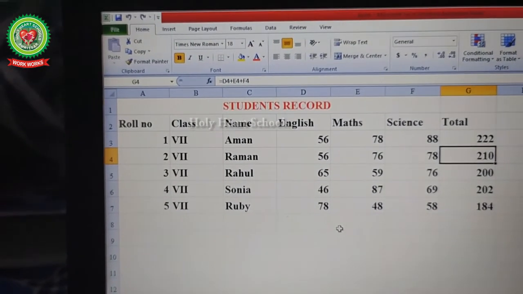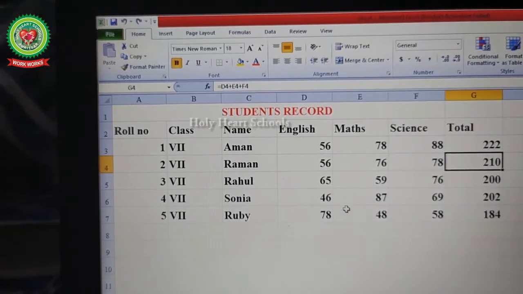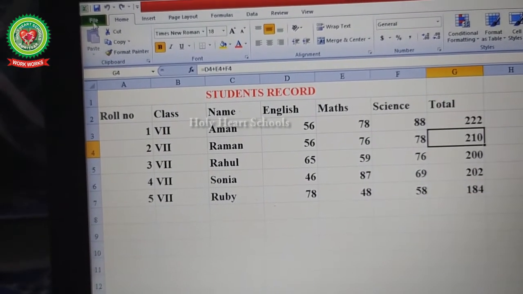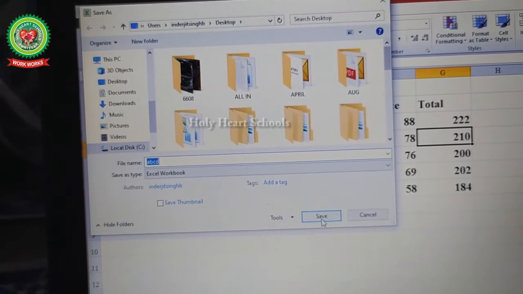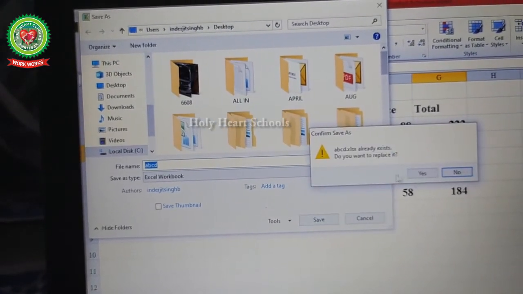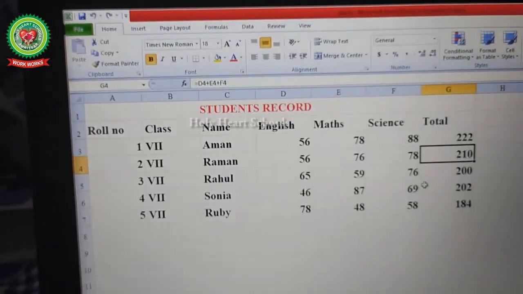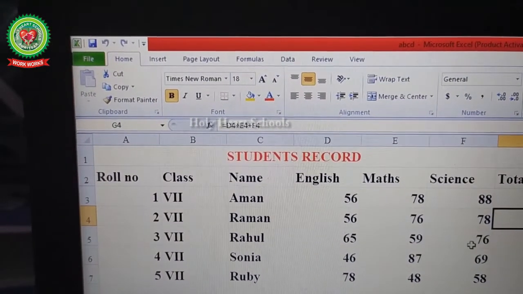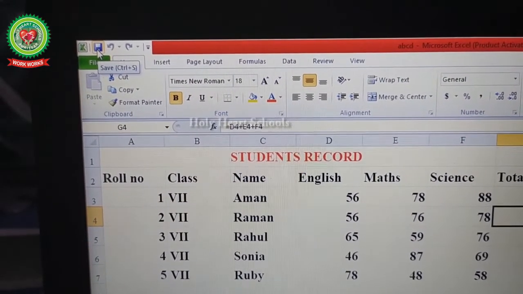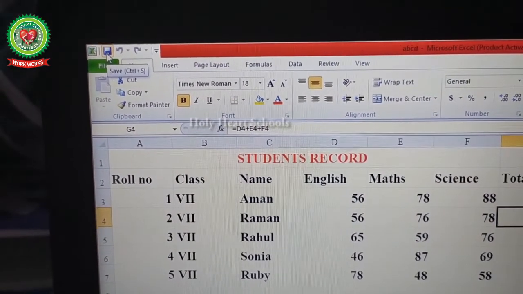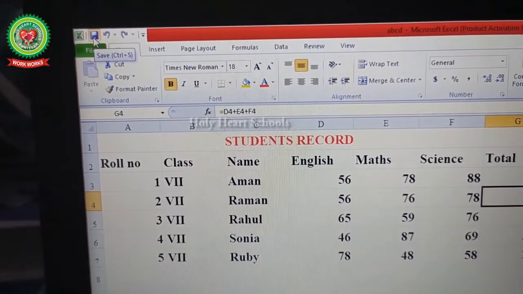If we have already given a name to our workbook and we are doing some changes, then we will click on Save As. Then write your name and click on the Save button. For saving a workbook, we can also click on this Save button from the Quick Access toolbar. We can press the Ctrl+S shortcut key. And for the Save As dialog box, we can press the F12 key.